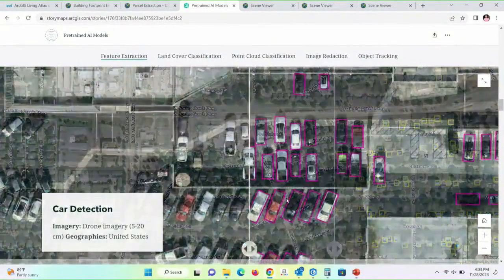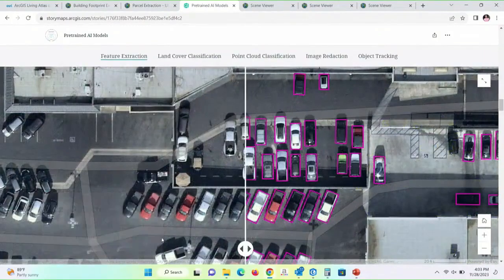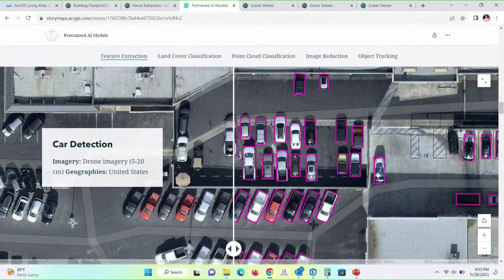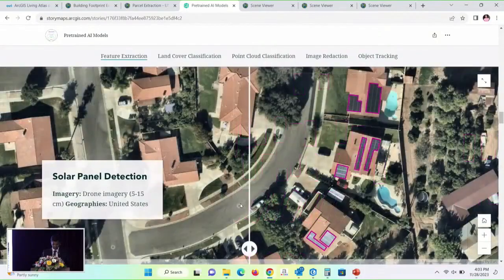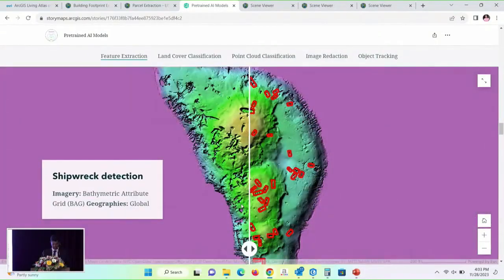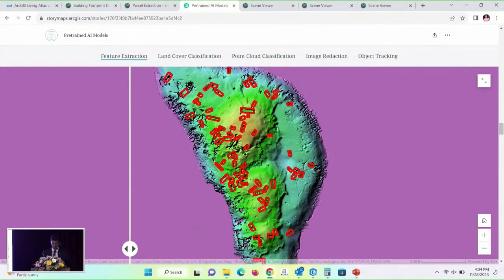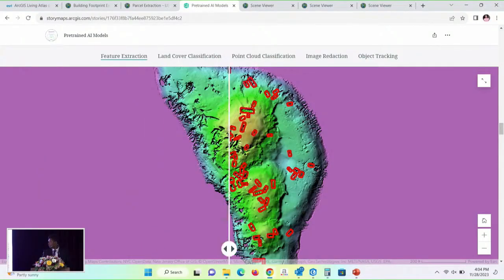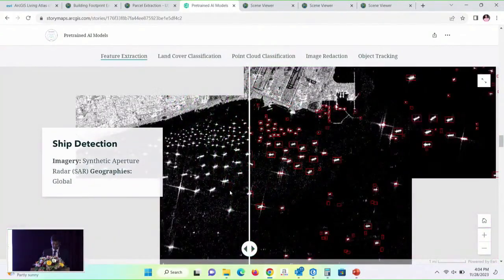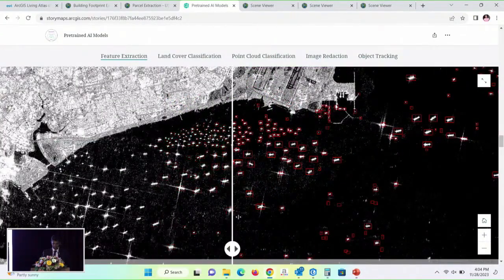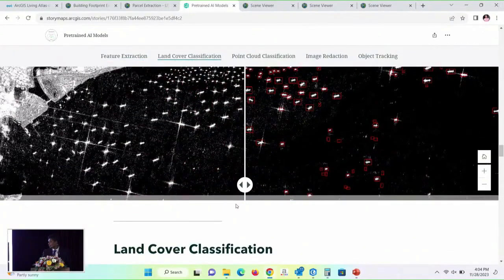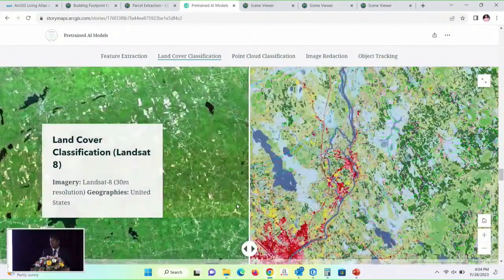So likewise, if we have a high resolution image, of course, we can utilize these object detections, the solar panel detections, this shipwreck, this is a radar one, a ship one. So this is a land use.